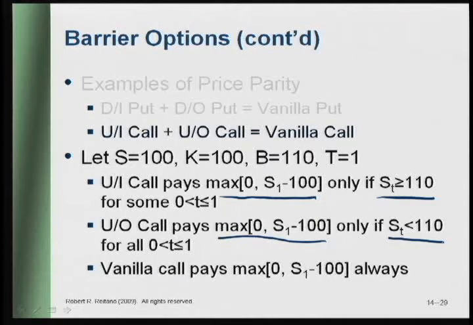The stock price has to do one or the other. And therefore, when I add these two together, I get a vanilla call, namely, I get a payoff of S minus 100